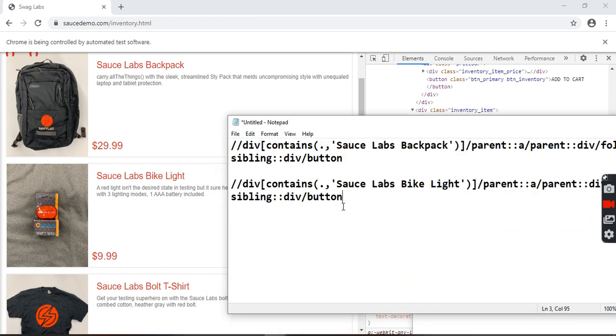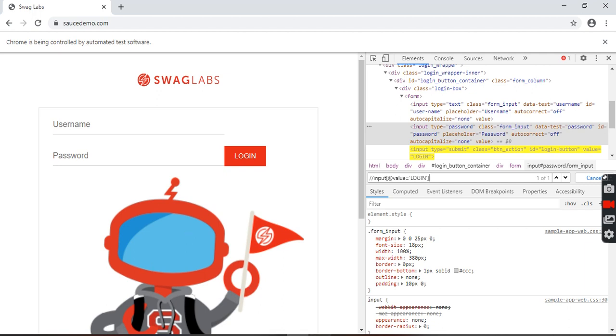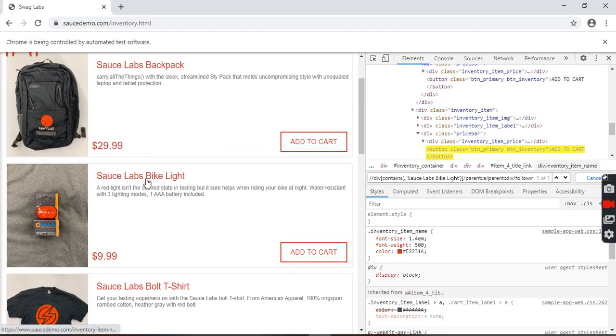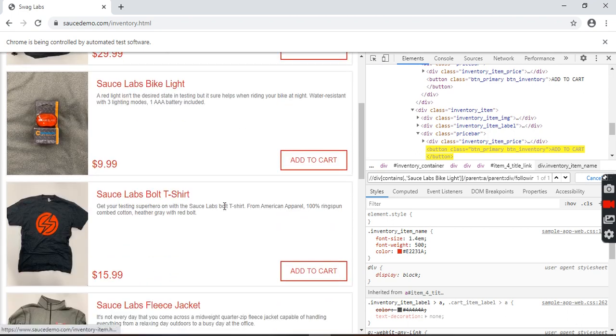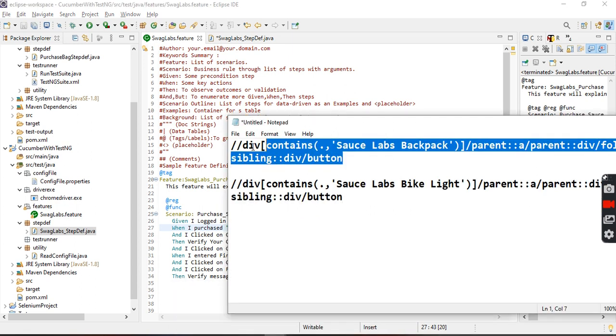Common XPath. So at the Gherkin statement level, if we are passing only the product name, automatically this will be highlighted. If we are passing this one, then it will be highlighted. So that is what I am creating, a common XPath.